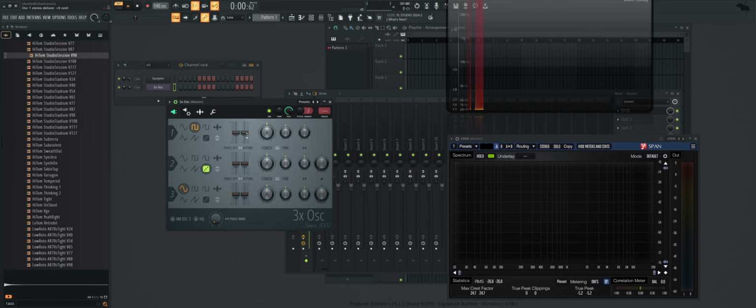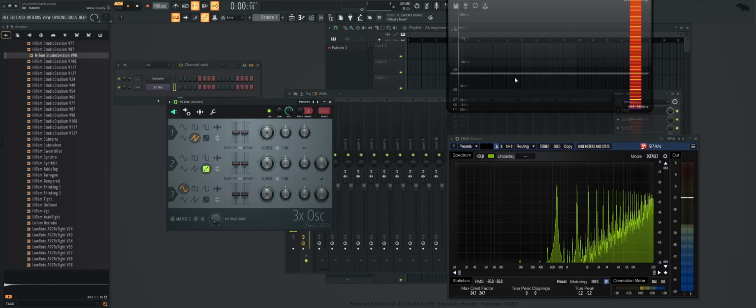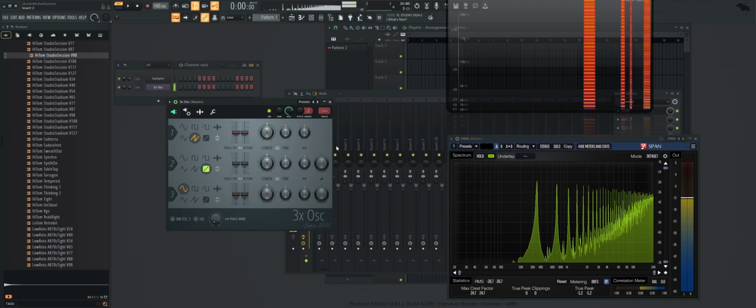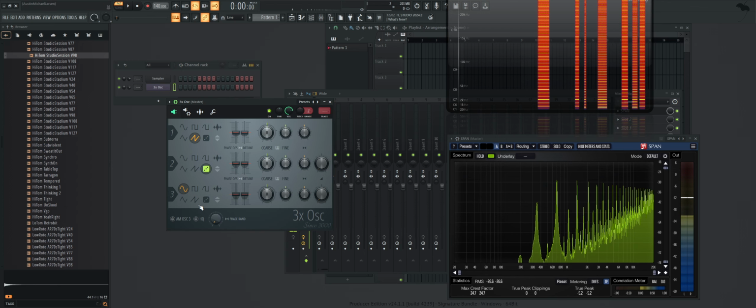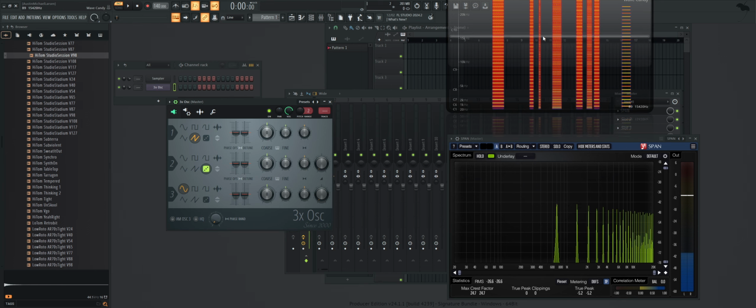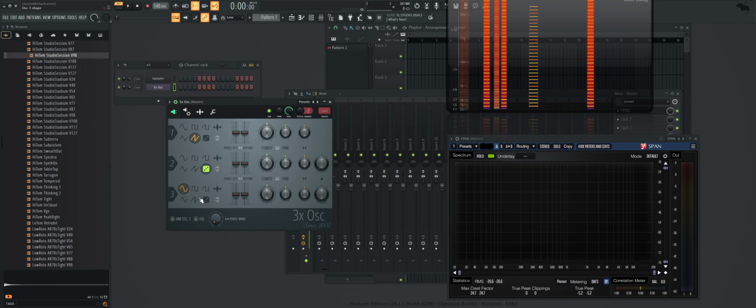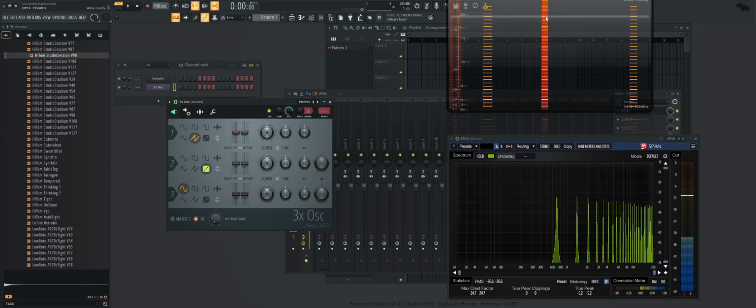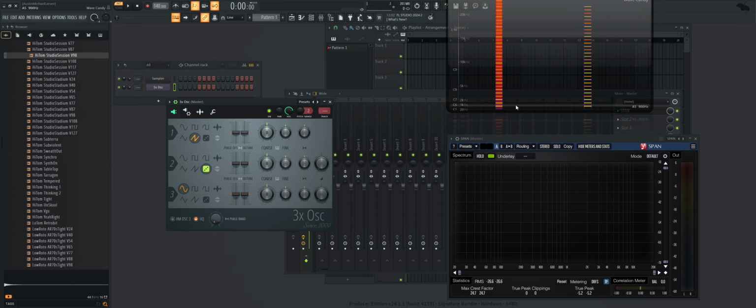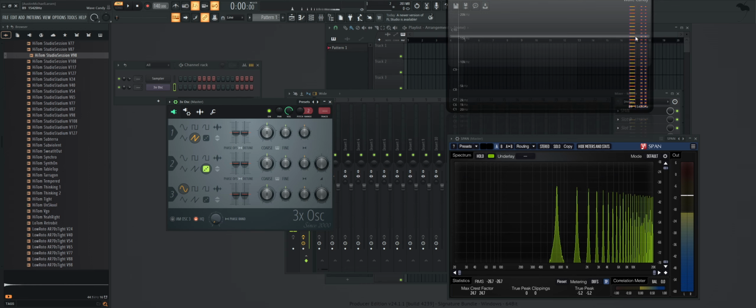Whereas a square wave is very similar to a saw. It's the same exact thing as this. If I play a higher note, you notice some of that weird extra frequency content in the higher notes. But if I turn the high quality on, there's not that extra frequency content. Sometimes people like that extra frequency content. Sometimes people don't. I think the extra content gives more of a classic synth vibe. I think that's the reason for it. But anyways, these are all